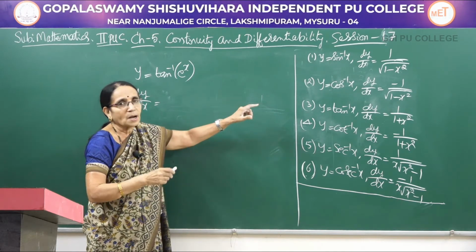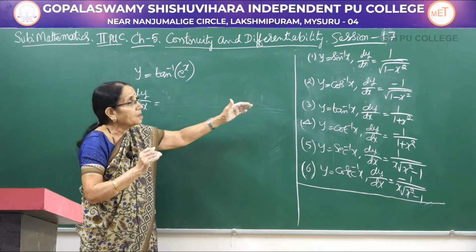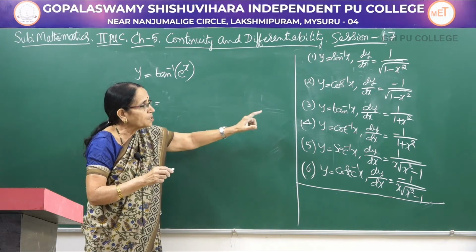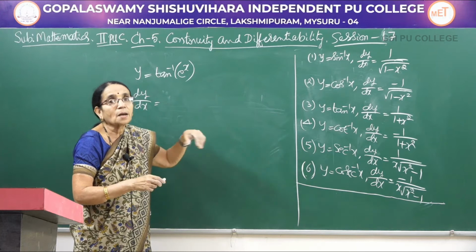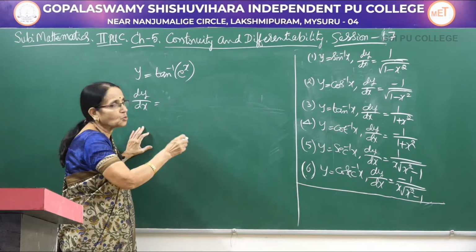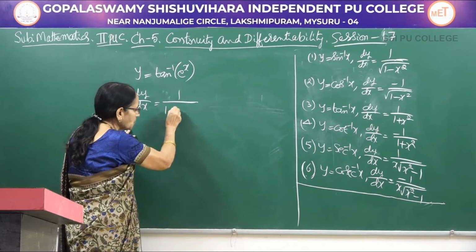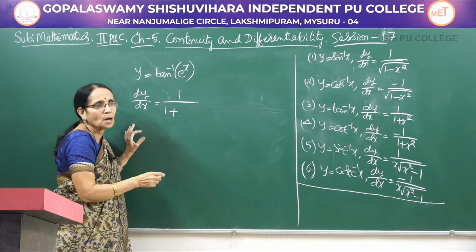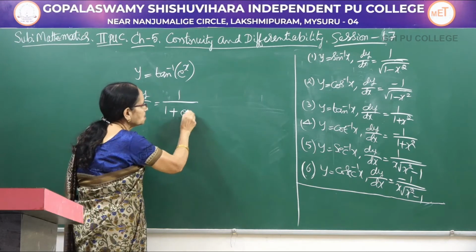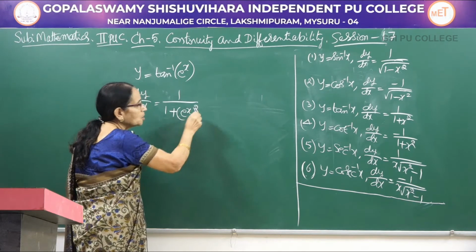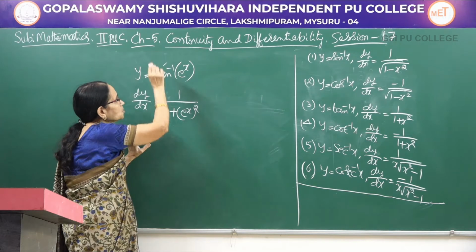See, in the first one we had functions under the radical sign. Here it is not there. It is 1 divided by 1 plus x square. So when x is there, it would be squared. That is 1 divided by 1 plus, in the place of x, what do you have? e to the power x. That is e to the power x the whole square. So this part is over.